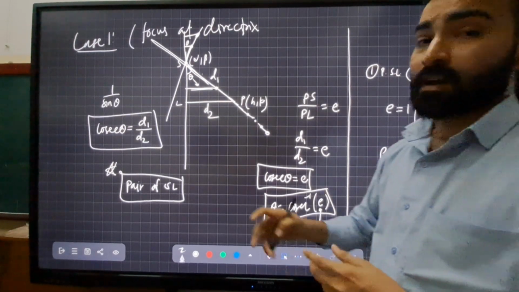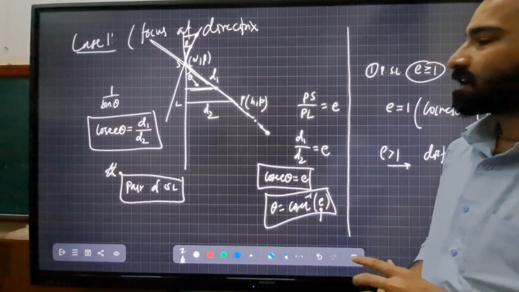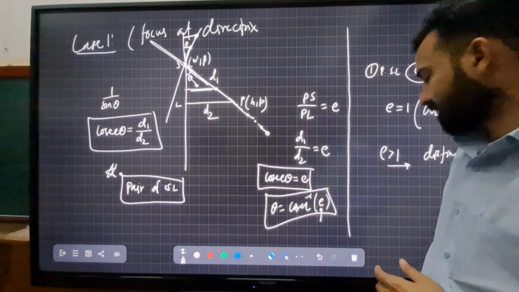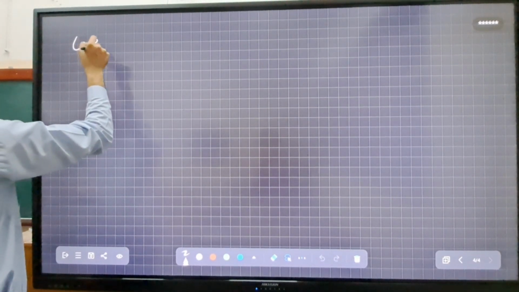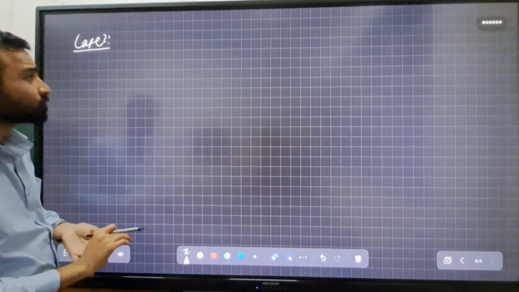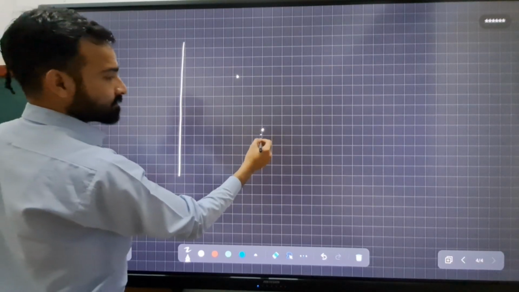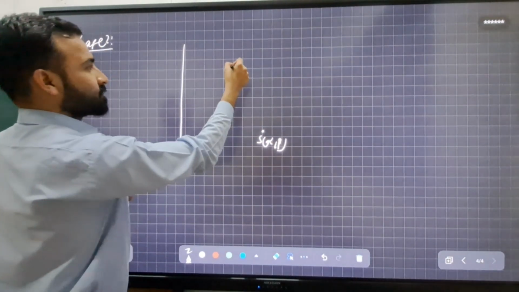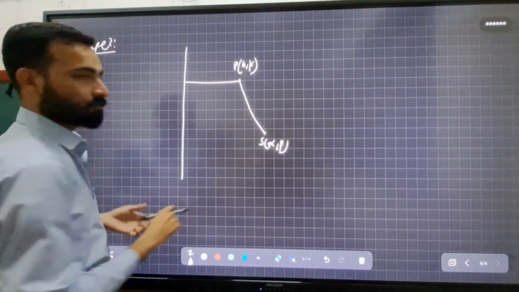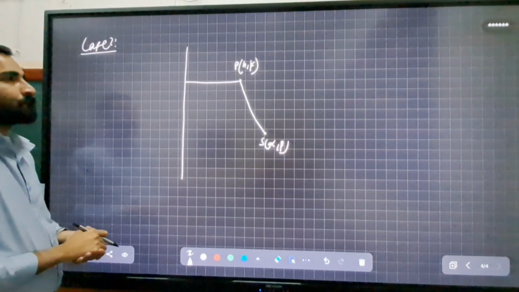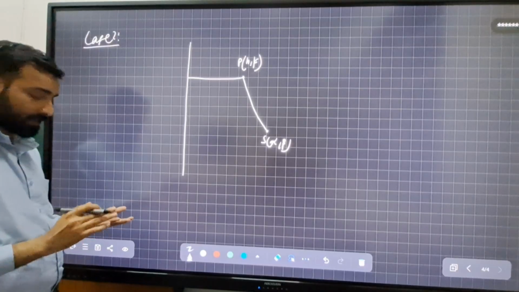Here in case 1, I have taken the focus on the directrix. So in the next case, I am taking the focus not on the directrix. So let's see that one also. Case 2. In this case 2, I am taking a directrix, and here there is a point S, that is alpha comma beta. This point P, h comma k, with the perpendicular, and this distance from P to S. Because S is not lying on the directrix, we will get different curves like parabola, ellipse and hyperbola, like these curves.